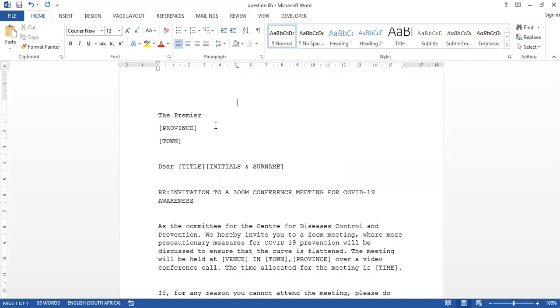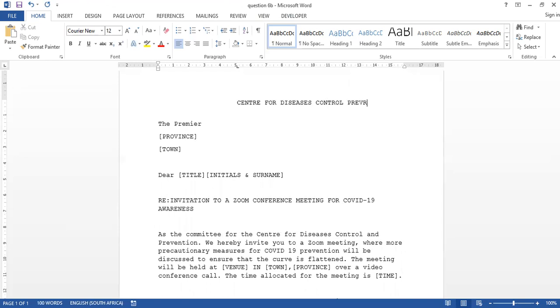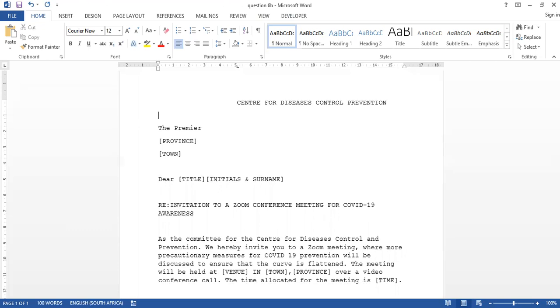When you press Tab, it automatically brings you where you need to write in your address. And then say Enter, and then you press Tab again on your keyboard, and then you write that PO Box